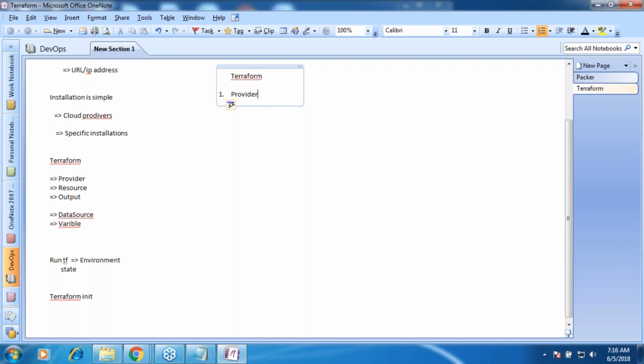Okay. In Packer, remember we used to select builders. Builder used to tell Packer where I am supposed to build. Right? Here the provider is the important stuff which will tell Terraform where I am supposed to do it, not what. Okay, so whenever you select a provider, the provider will come up with